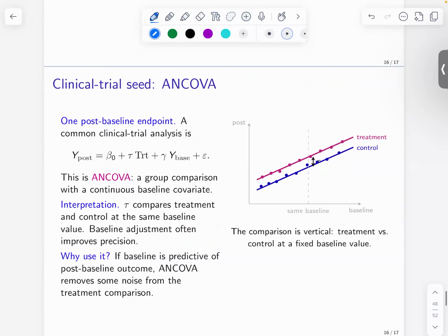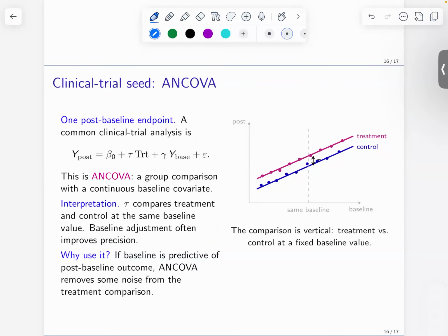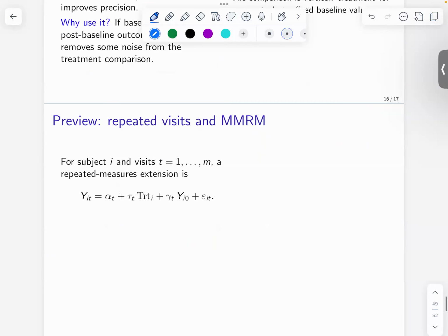Okay. And then if you extend this idea, there's this thing called MMRM, which is, again, if you look for jobs in pharma, if you look at what you need to know, sometimes this comes up. It's mixed models for repeated measures, something like that. And the idea is that you generalize that model that we had before, but now you have multiple observations post receiving drug. So you have a baseline for each patient. So now you have patient i has this baseline, and then